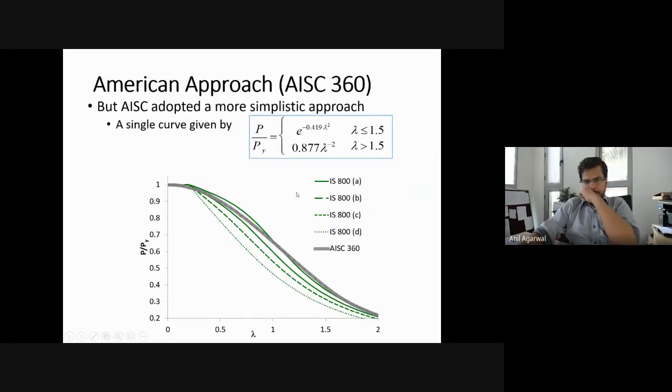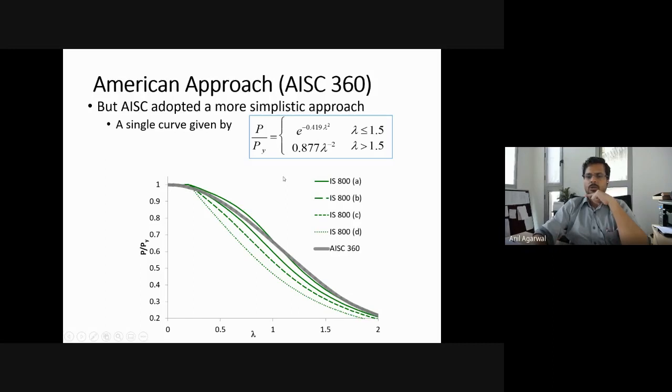Presently, if you compare our equations, that is the IS 800 A, B, C, D curves, these are the 4 Indian curves in the IS 800, and this is the curve that is in the American code, AISC 360. You can see that most of the curves in the Indian code are conservative, except for the A curve, which is for class A, where the American code is slightly conservative. But for classes B, C, and D, it is the Indian code that is more conservative. And in America, for all kinds of flexural buckling, they use only this single curve.